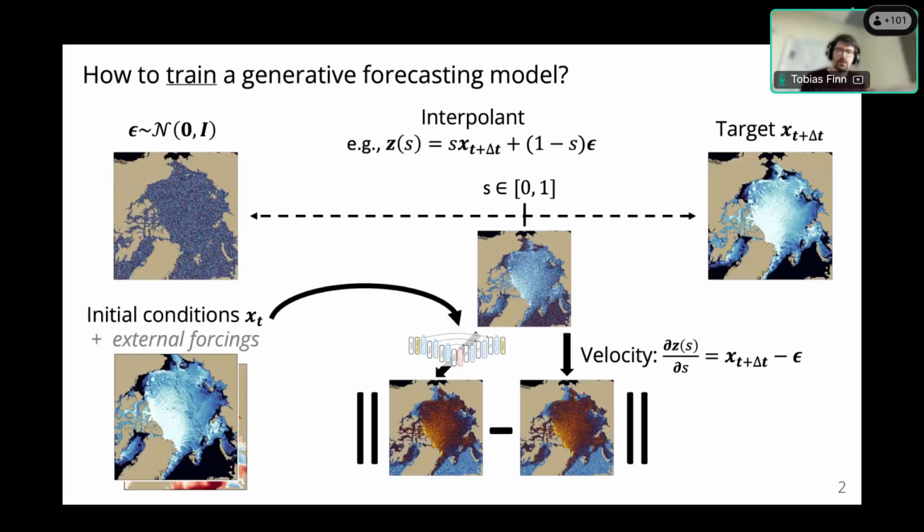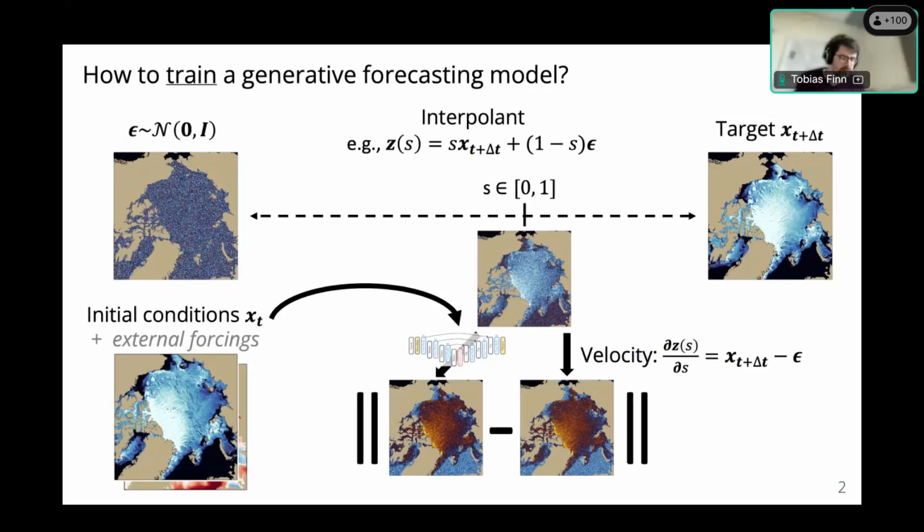Then what we simply do during training is we take, for example, the mean squared error between our prediction and the target velocity that is analytically known, and we optimize this over any pseudo time step over many samples, and train a neural network that can basically take any noise state, initial conditions and potential external forcings and predict the velocity for this condition. So we have now trained such a velocity approximation.